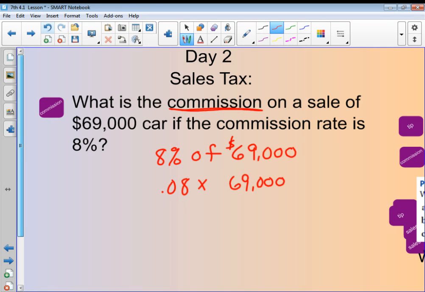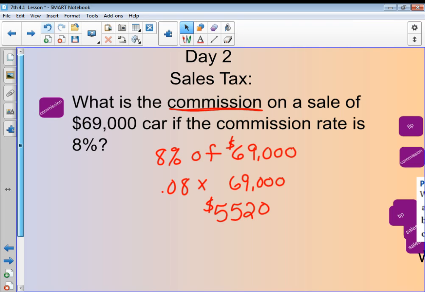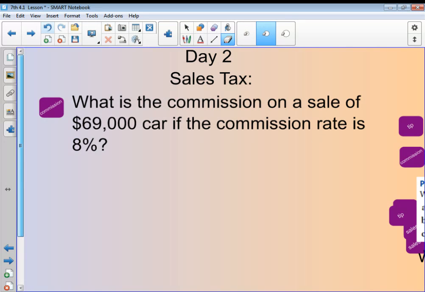So this is what maybe somebody's mom or dad would make if they worked at the car dealership and sold this car. So 0.08 times 69,000 gives me $5,520. Hey, not a bad paycheck to take home for selling one car. But you have to remember in those industries, they don't sell one car every single day, and 8% might be kind of a high percentage. I'm not really sure on that, but still, if you're figuring out 8% of that number, that's a pretty decent paycheck to take home. So commission is what that person's getting paid